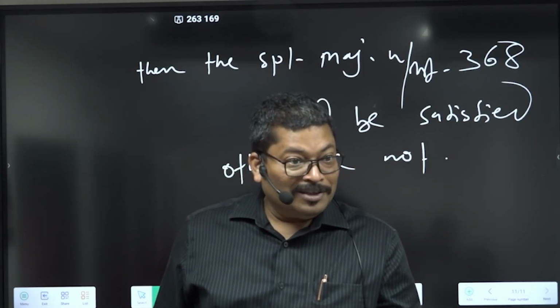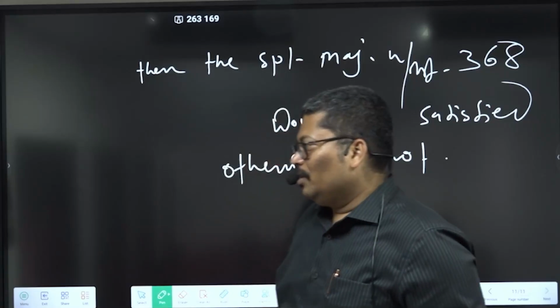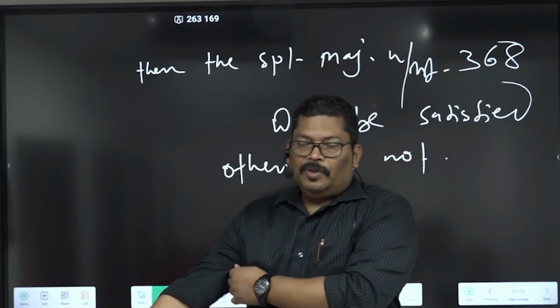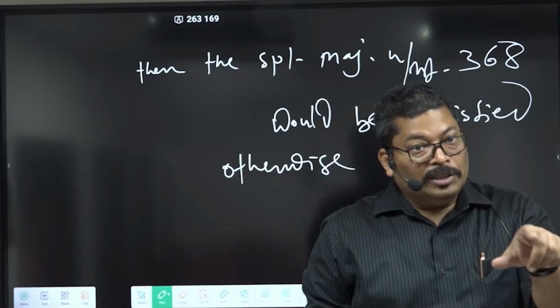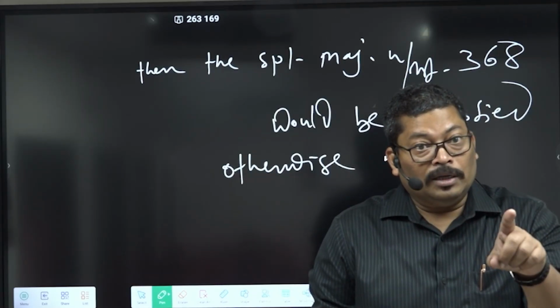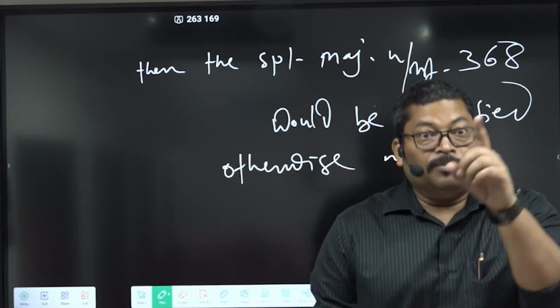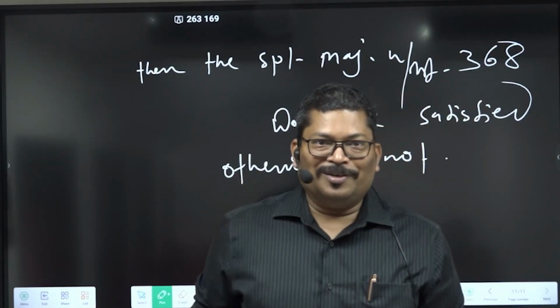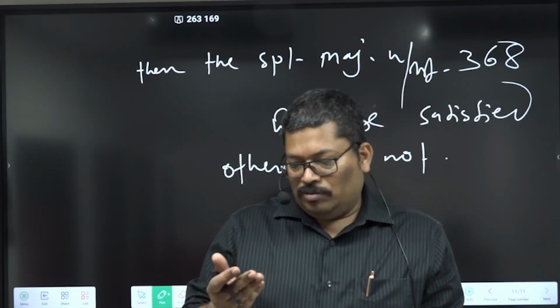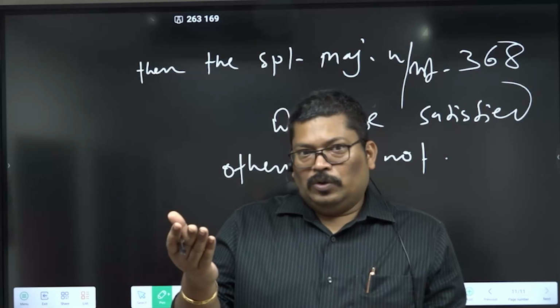Imagine how difficult it is. And remember, not less than 2/3 of total strength of the House. This kind of majority is employed only and only in case of impeaching the President of India from his office. In other cases, this majority is not employed. So look,